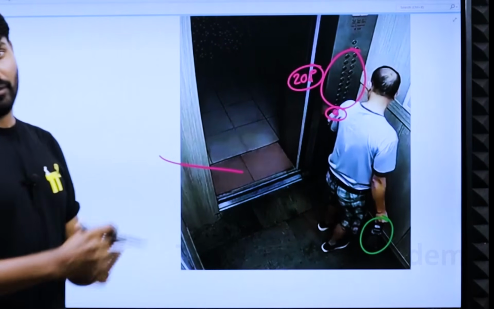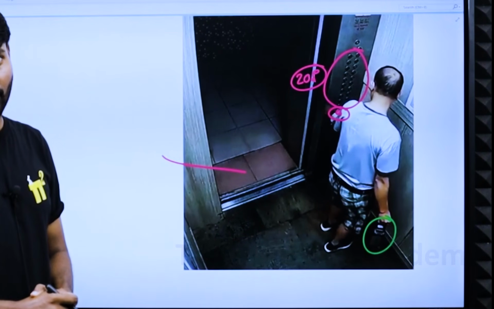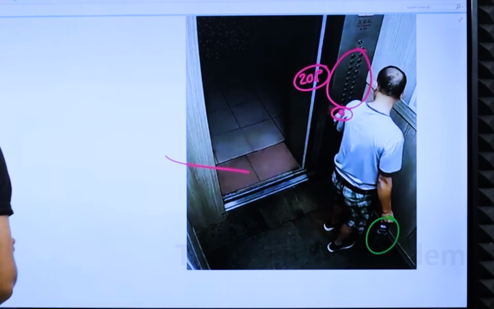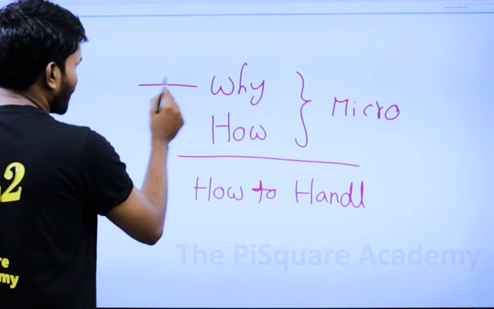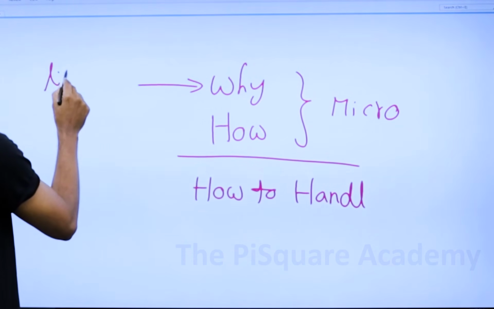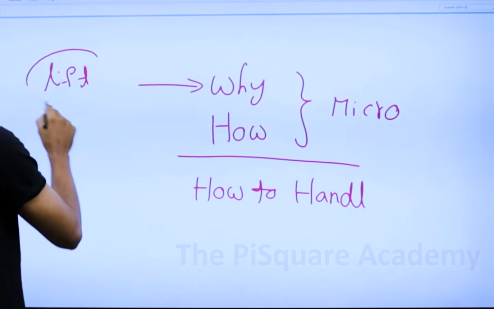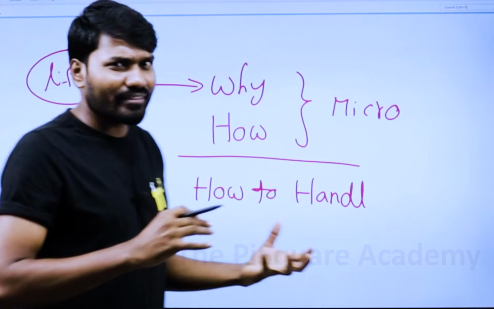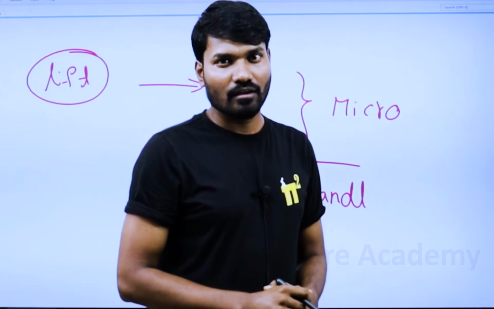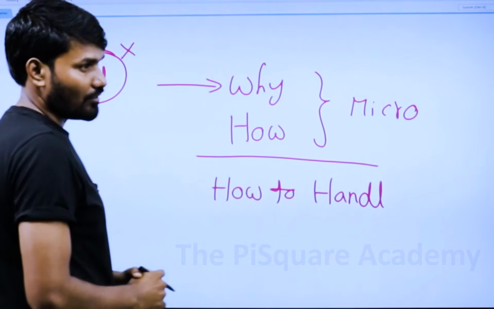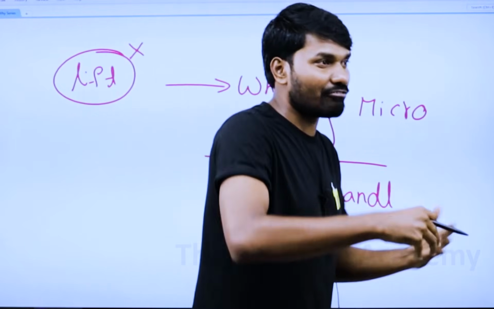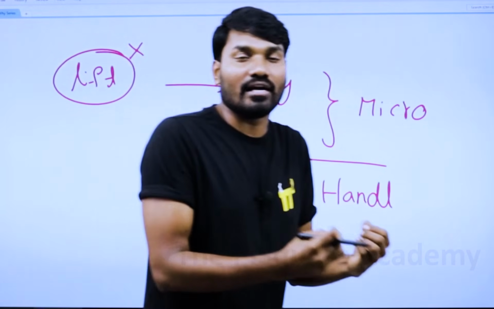Now this incident took place. So let's come back to this. Why did this incident happen? Did it happen because of the lift, these electromagnetic fields, all this stuff people are talking about? No, I don't accept this. There are no such electromagnetic fields coming the moment we enter the lift.